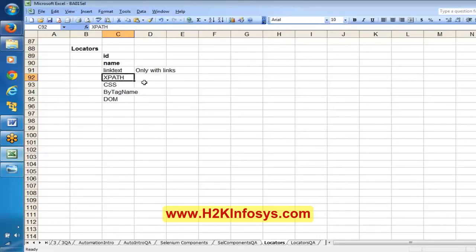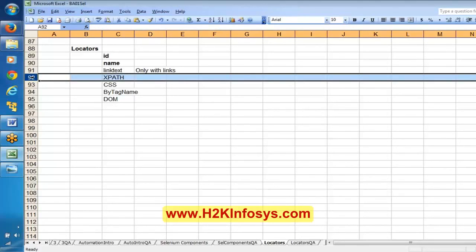As of now, I am giving some formulas for the XPath. If right away I start explaining XPath, you will not understand. During that session, we will understand XPath in detail. As of now, if you want to use XPath, I am going to give two formulas. Just use those formulas if you really want to use XPath.